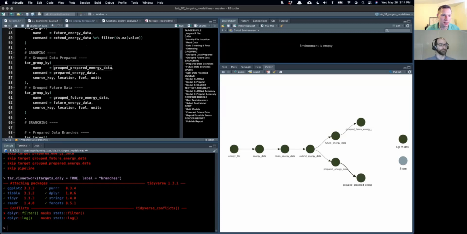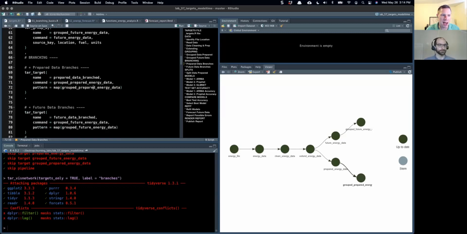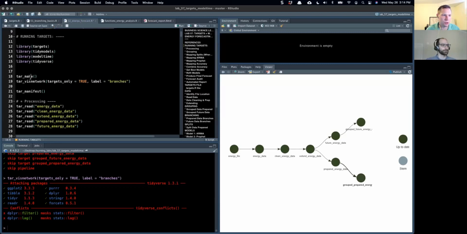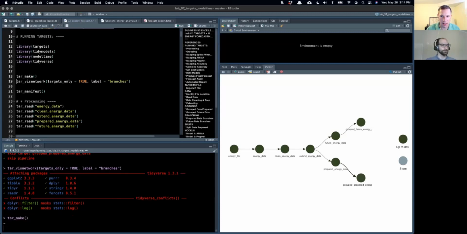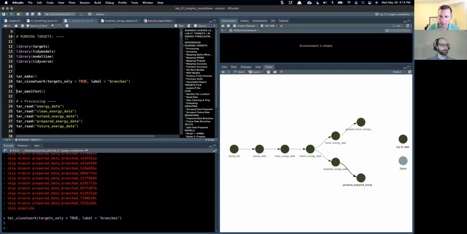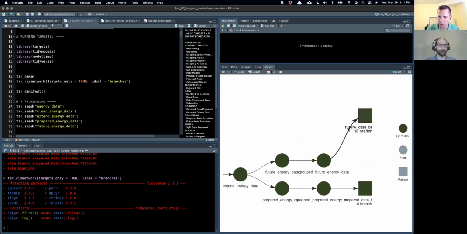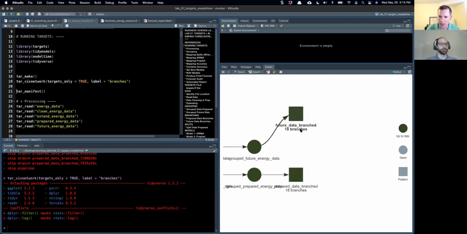So these have now added the groups, and now what we're doing is telling it to map across those groups and just return the individual slices, and that's what gets returned as branches, and that's why I'm naming them prepared data branched, future data branched. Okay, so if you get that idea, we'll just run this tar make again. We'll check out the tar viz network, and we should now start to see that if I zoom in on here, we now have future data 18